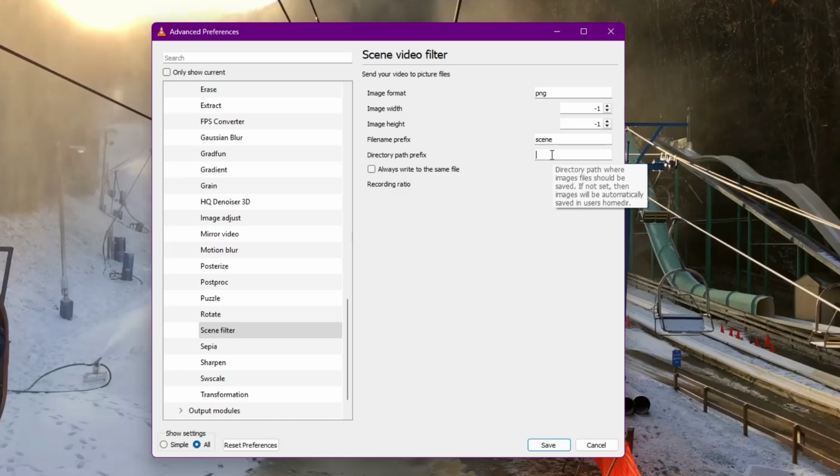The most critical setting is the recording ratio, which determines how frequently frames are extracted. If you want to capture one frame every 10 frames, enter 10 in the recording ratio box. For a video with a frame rate of 30 FPS, this will result in 3 images per second. If the video is 20 seconds long, a total of 60 images will be extracted. If you set the recording ratio to 1, every single frame of the video will be saved, creating a full